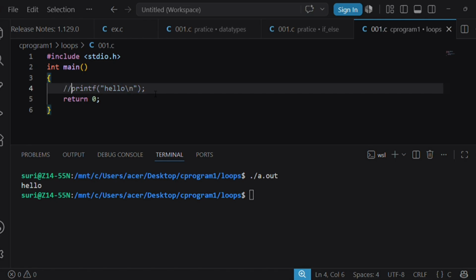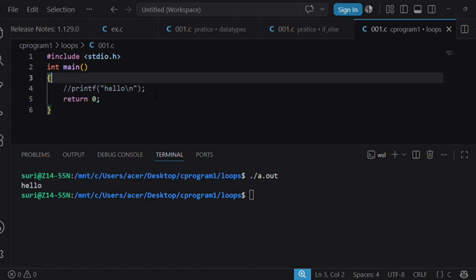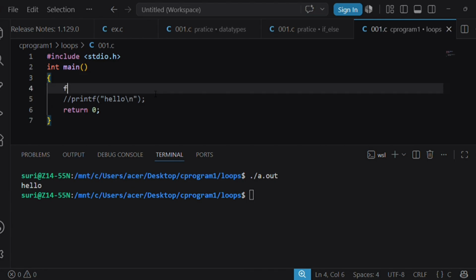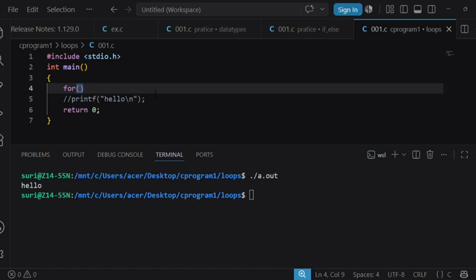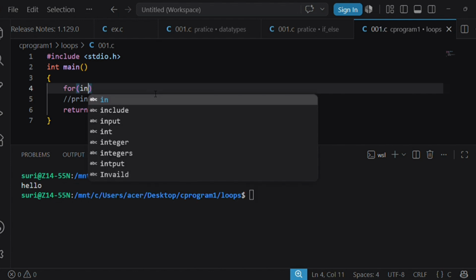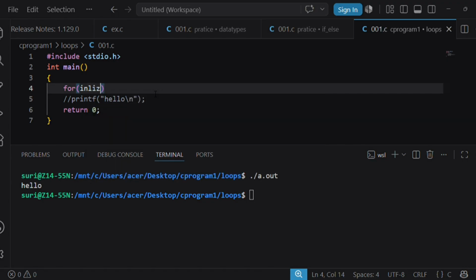Commenting this first. Initially I am going to write a for loop syntax.